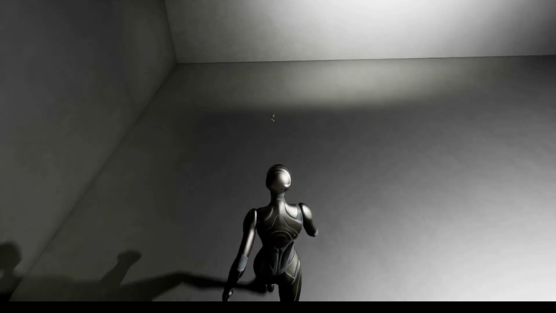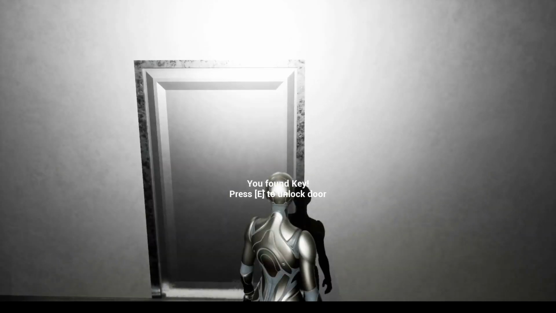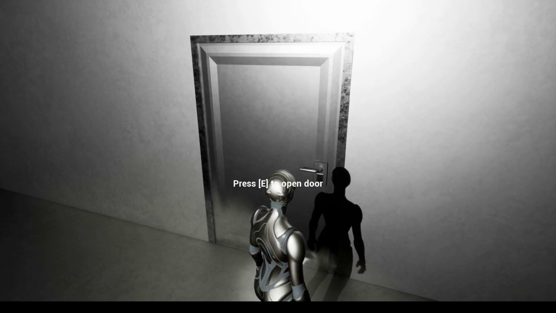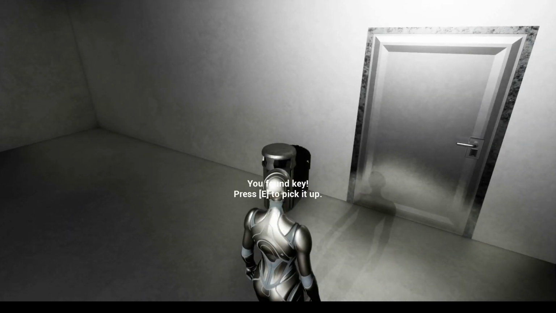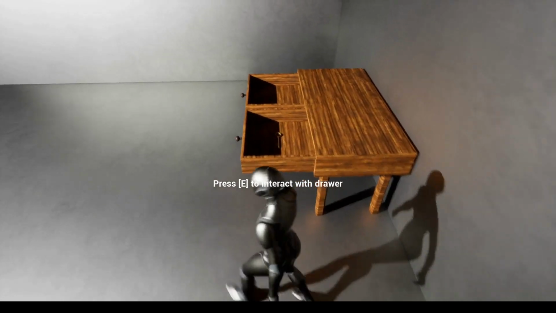You want to have a door that is locked and the player has to find a key to open it. But how? In this video you will learn how to create a basic door and key system, how to put a key inside another object, and how to hide the key.